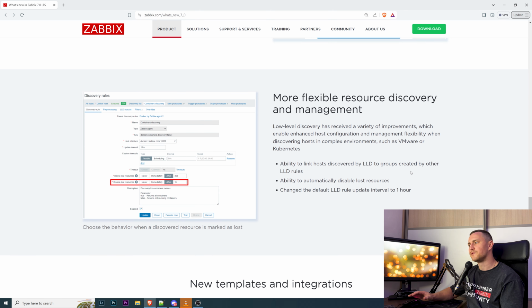More flexible resource discovery and management. So this is an improvement for LLDs. I guess you already know, whenever you were using LLDs, it was always if not a problem, then at least an inconvenience. Let's say you discovered 100 entities, and for each of those you created some item, trigger or whatever, and when something gets lost, the item becomes not supported. So obviously it will be deleted after some time period that you define, but the bad thing was that